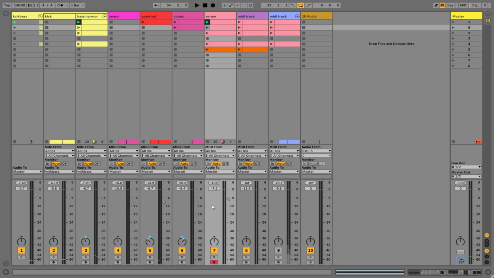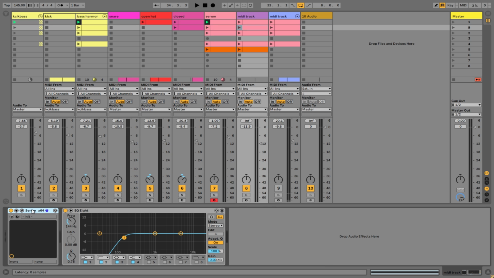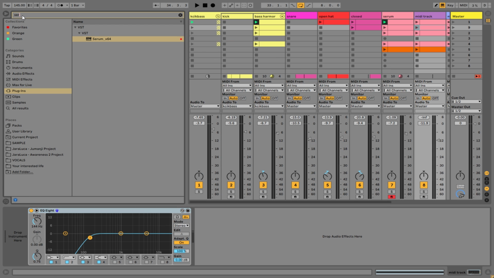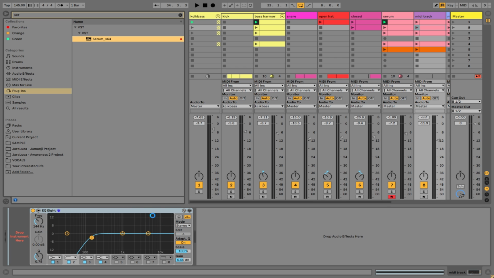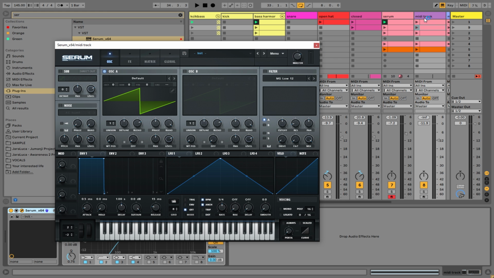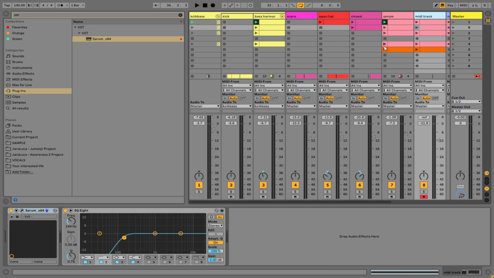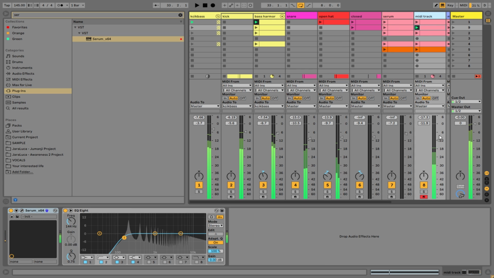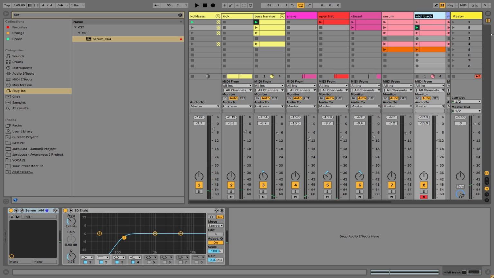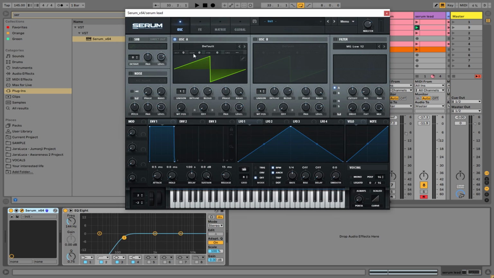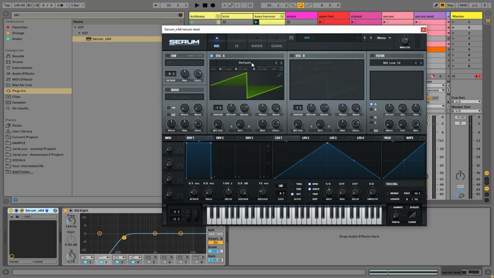Okie dokie, so let's maybe open a new Serum patch and let's try to make a similar or the same preset. Okay, so Serum lead, so this one will be closed. Okay, so what we have to do,